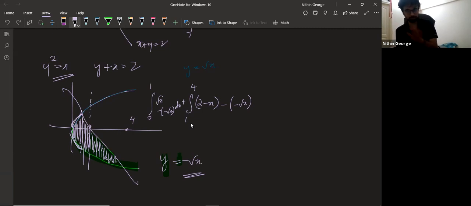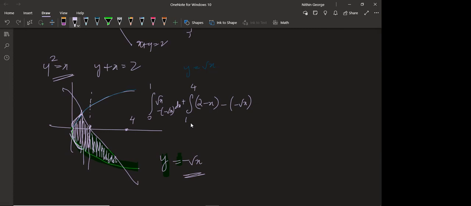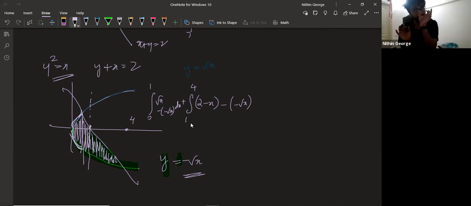You just need one method to solve it. But this is the longer method. I want you to understand this longer method. Why is this longer? Getting this, guys, clearly? Okay, this is the way you can solve it and get to the right answer. No issues with that. But then why would you do that when you can look at it this way? It's directly curve minus this thing, in the sense that if I write x equal to something in terms of y, x equal to y square is the curve, and x equal to 2 minus y is the line. This is a function in terms of y.